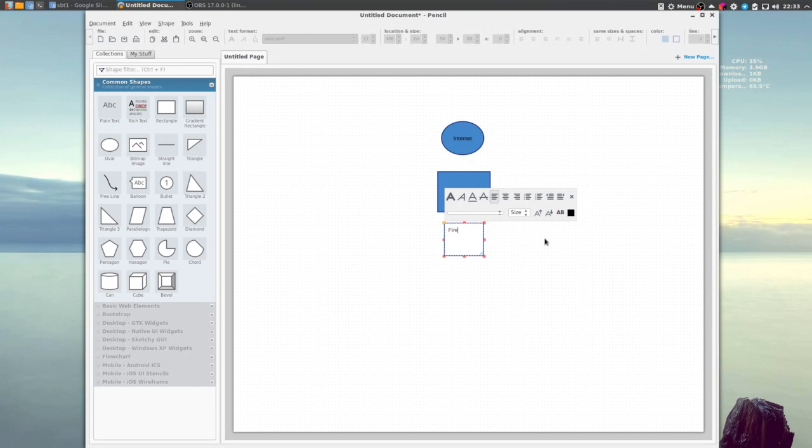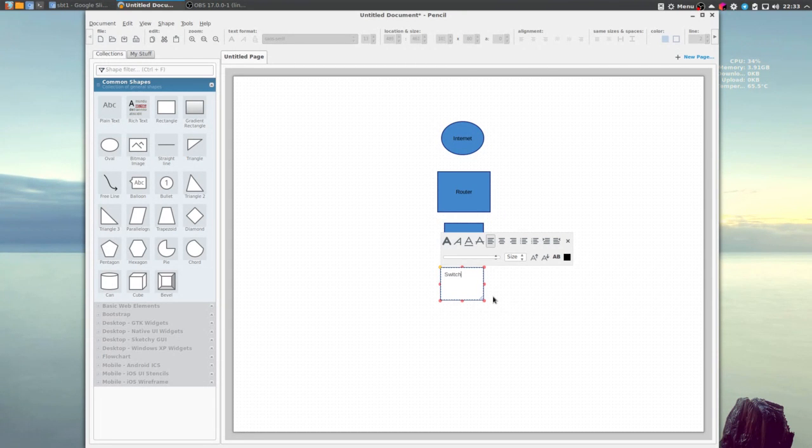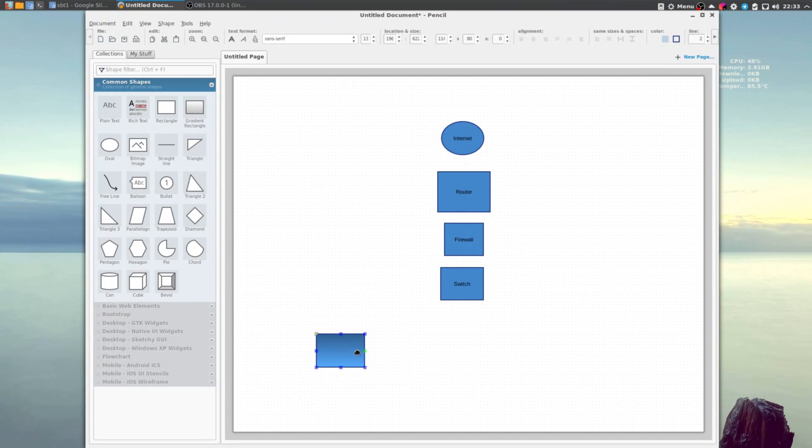So you'll have a firewall. And then behind that, you can have another router if you choose to, but just for the sake of simplicity, you'd have your switch. And then behind that, I'll choose something different. You'll have your computers, and this we'll call the server. So typically the way the flow works is you go